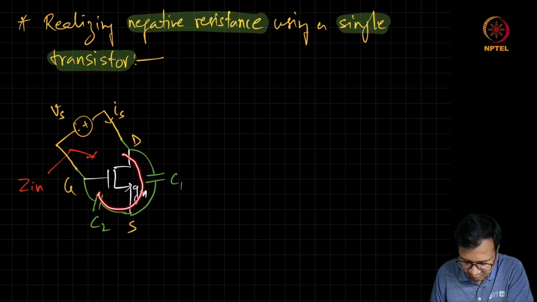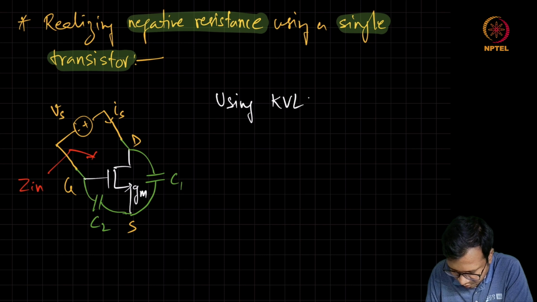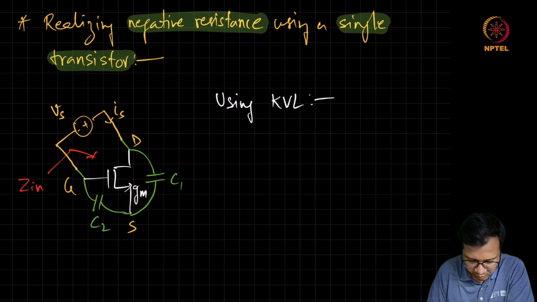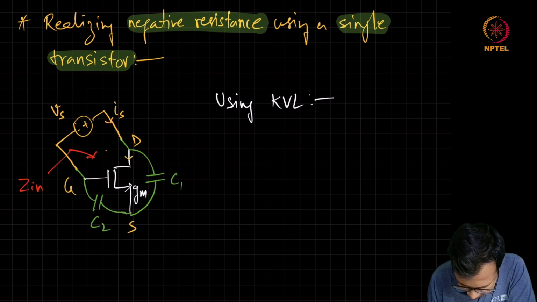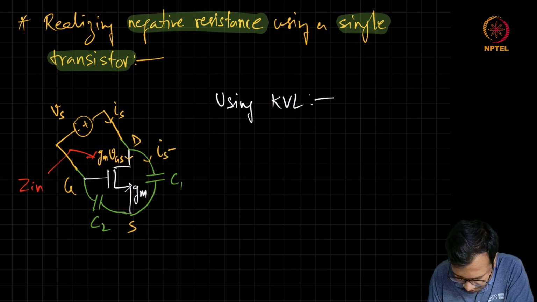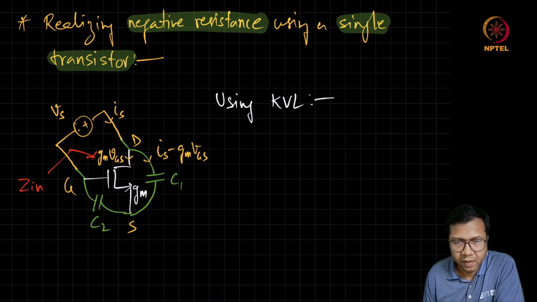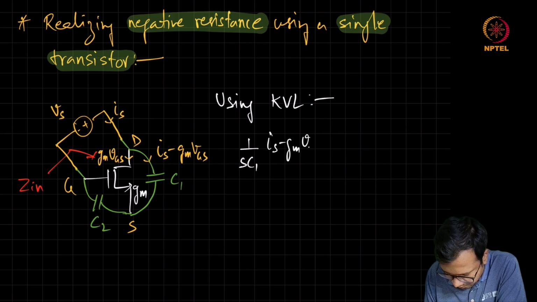So we can just go in this loop and we can use KVL. You can write the voltage drop going through the loop. So we can see that at this node, the current which is coming in is Is, and the drain current is going to be equal to Gm times VGS. Okay. So now we can see that the current going towards C1 is equal to Is minus Gm times VGS. Now we can see the voltage drop across C1 is 1 by SC1 into (Is minus Gm VGS),